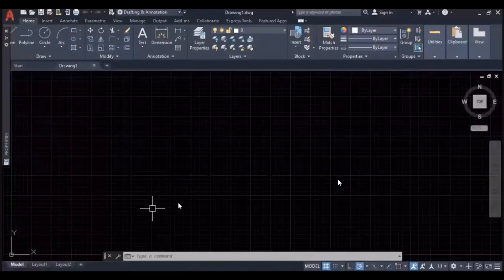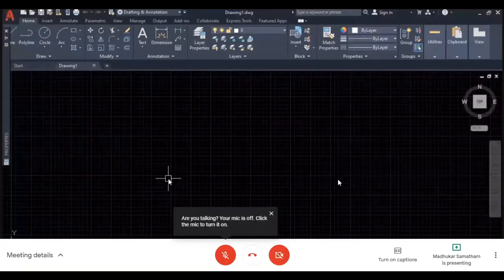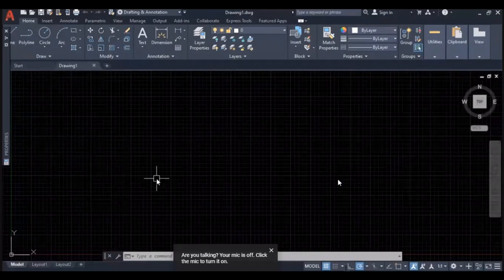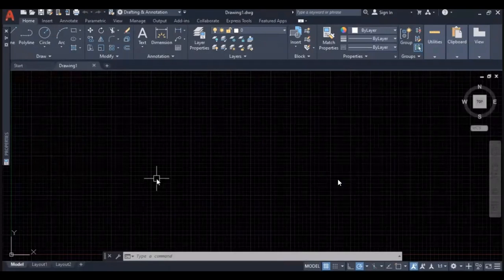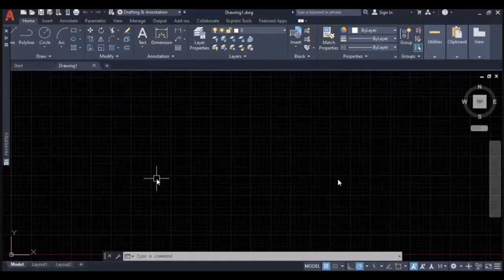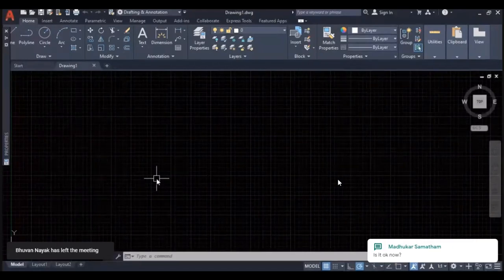Before going to the coordinate system, we discussed how we work on AutoCAD using this graphic area with the help of the UCS icon, and how it is useful. Now let us see. By using the command user interface, we can use coordinate systems, two different types of coordinate systems. Before going to that,